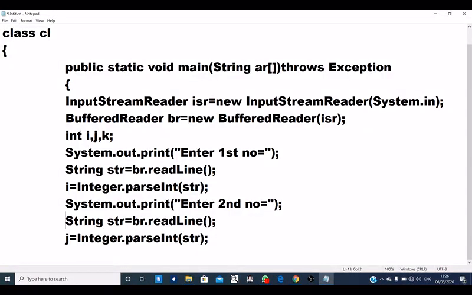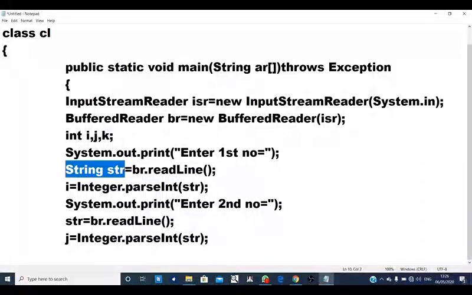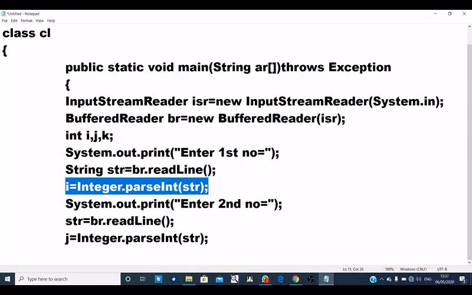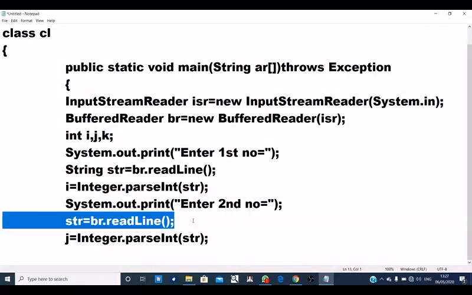Now here comes a question: the name str has already been declared, so you don't need to declare it again. After using this statement, the use of str has finished. There is no use of str after this statement, so we have reused str in this statement.